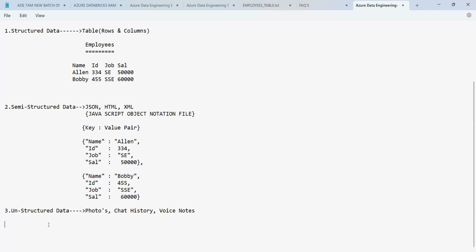So as an Azure data engineer, guys, we are going to deal with unstructured data, as well as semi-structured data, and as well as we can deal with structured data. That's it. Okay, so the rest of the things, guys,